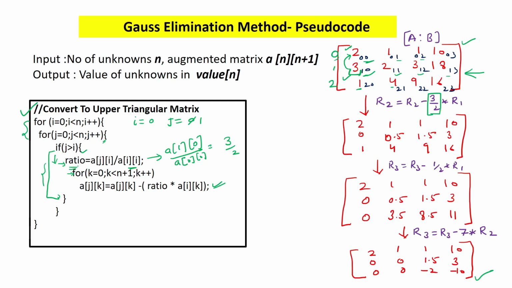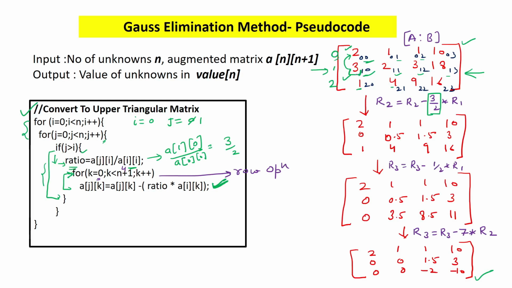Now what we are doing, we are taking this ratio and we are going inside this for loop and we are repeatedly applying this thing on all these elements of this particular row. That means this particular k loop is actually applying the row operations. And so here if you see, k is always starting from 0, and how many times is this k loop running? It is actually running n plus 1 times. That is, for n equal to 3, how many times will it run? 3 plus 1 will be 4. So this will run for 0, 1, 2, 3. That means a total of 4 times.